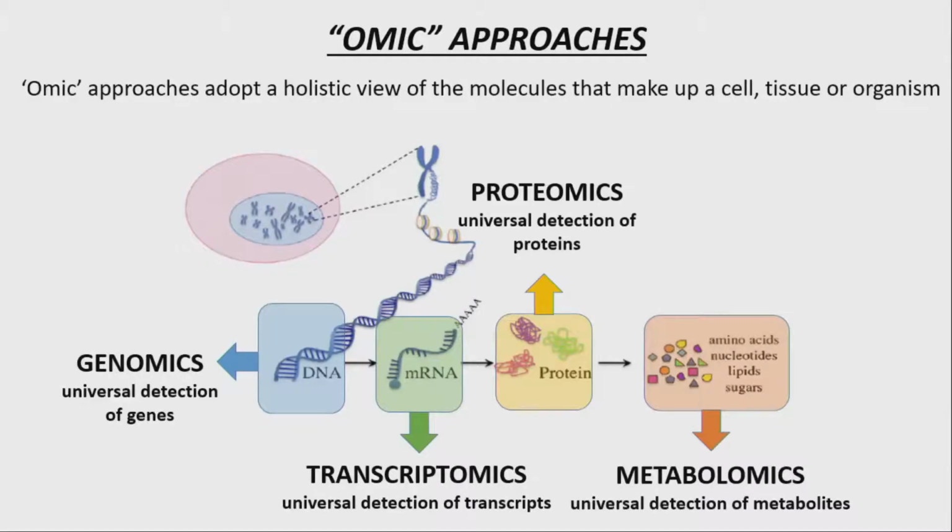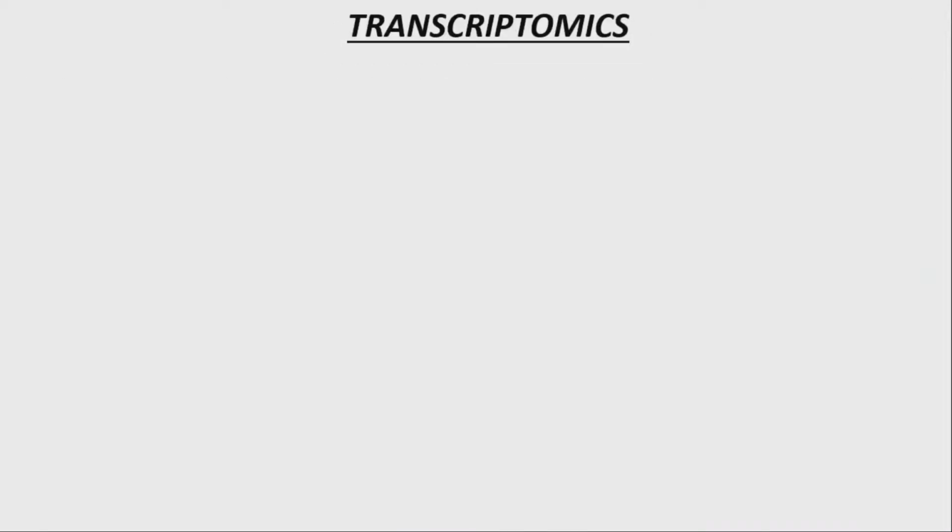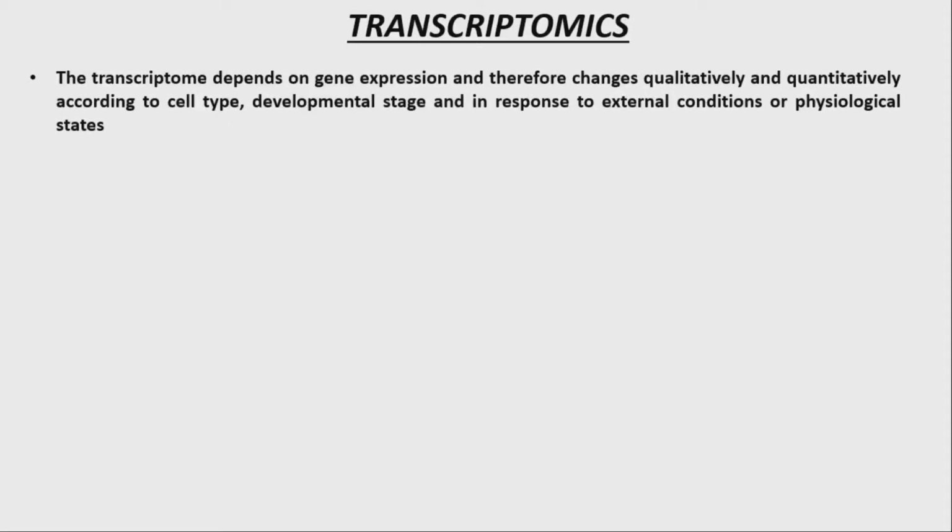In particular, genomics is the study of the total genes contained in a genome. Transcriptomics is the study of the total transcripts, proteomics the total proteins, and finally metabolomics the total metabolites. Concerning transcriptomics, the transcriptome is the total amount of transcripts and depends on gene expression. Therefore, the transcriptome can change qualitatively and quantitatively according to cell type, developmental stage, or in response to external conditions